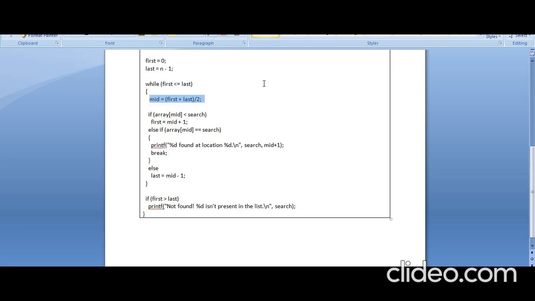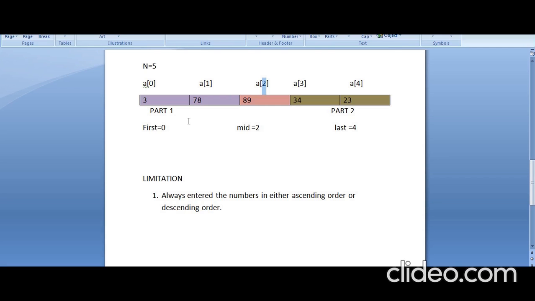Now what I say here is important. If array of mid is less than search.